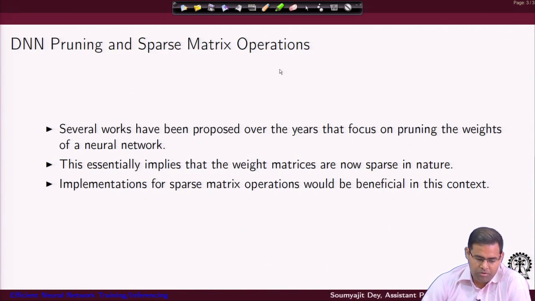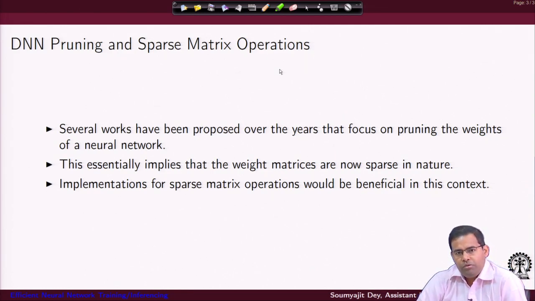Several works have been proposed over the years that focus on pruning the weights of a neural network, because if you prune the weights, that leads you to a lighter representation of the network, and there are many nice sparse matrix algorithms available.